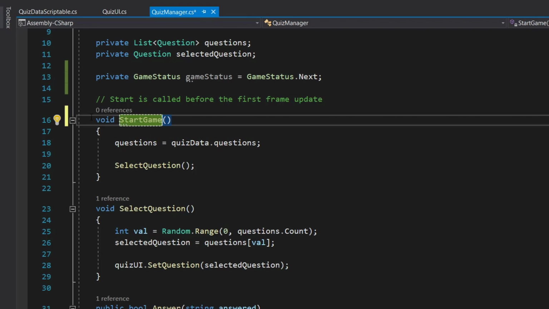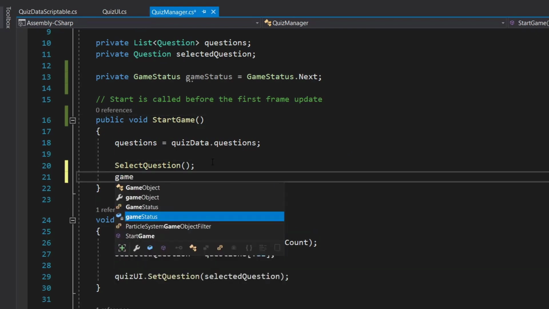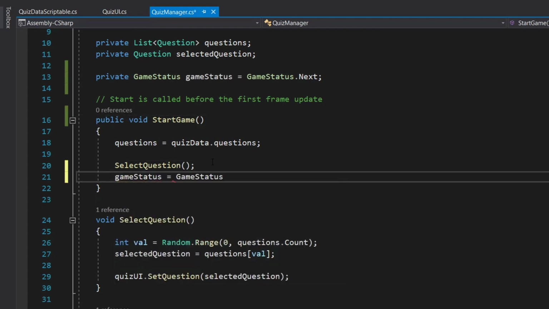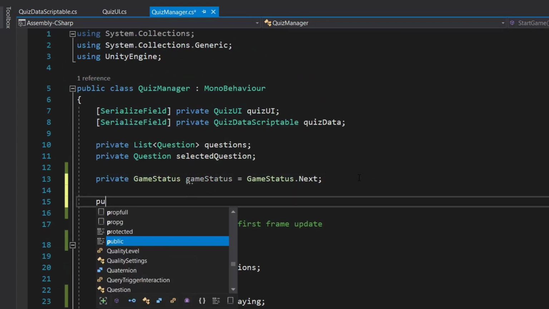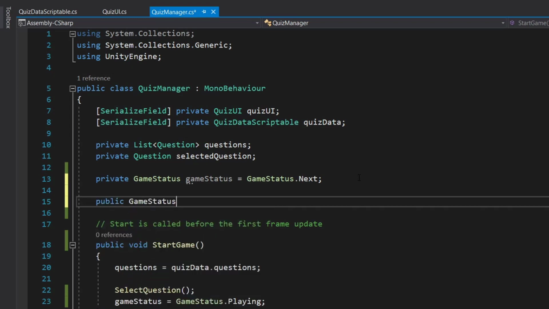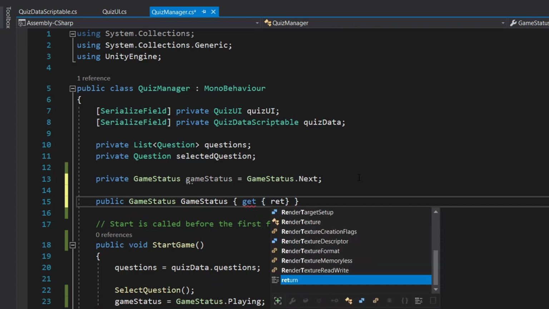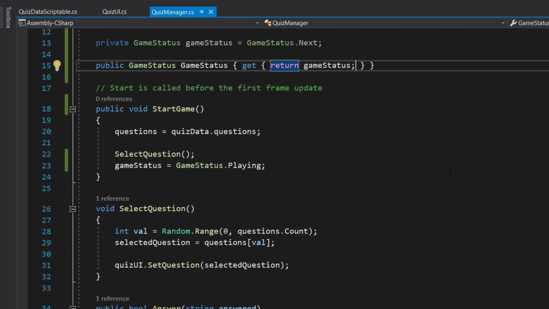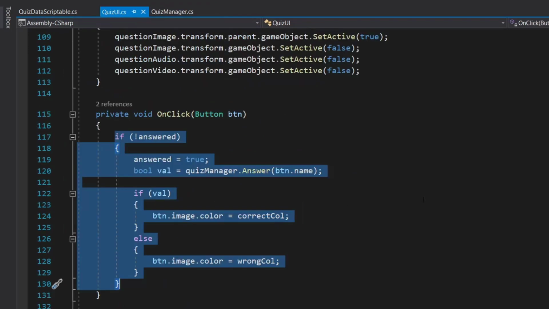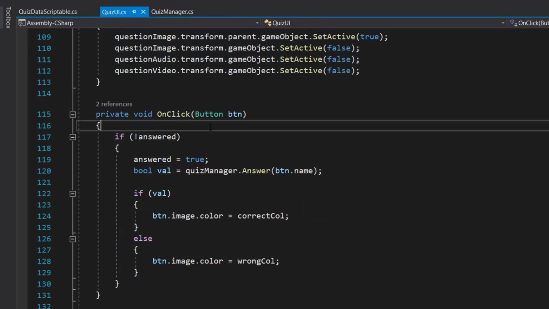Okay, this method will be public and it will be called from our quiz UI, and in this only we are changing our game status to game status dot playing. We also need a getter for our game status, so public game status get, return game status.